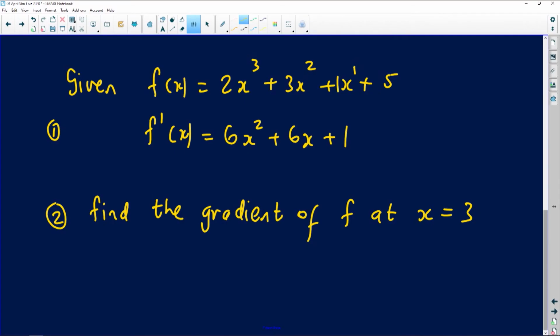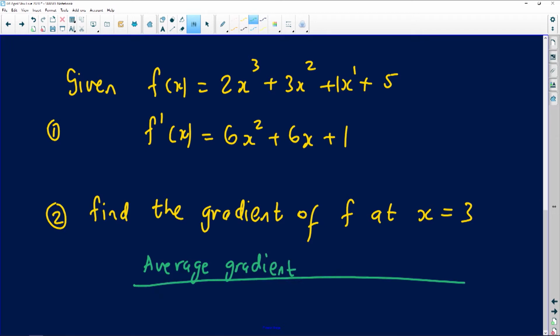So let's sum this up for you nicely. There are 2 types of gradient that you as a grade 12 need to know. The first one is what I call average gradient. Remember, we are answering your questions at the same time. We are trying to educate because we understand that you don't have the privilege of meeting somebody face to face who is going to explain what is going on here. There's average gradient and there's also instantaneous gradient. Instantaneous gradient is gradient at one point, which will freak out grade 11s and grade 10s